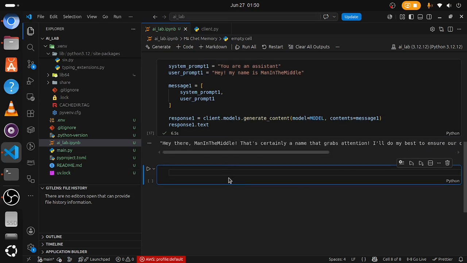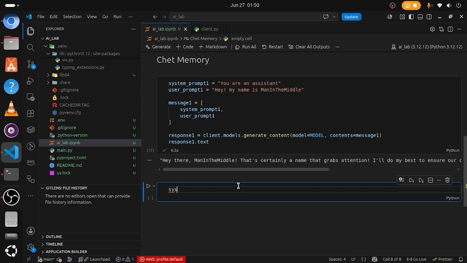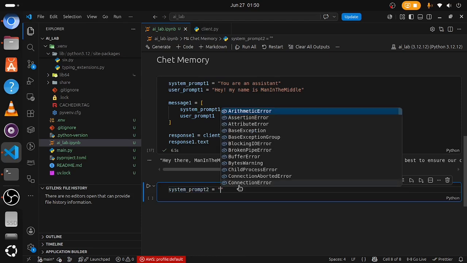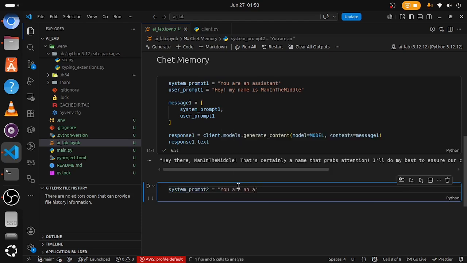Okay, let's now try to send the second one. Let's try to send in another system prompt now. For example, the system prompt 2, we are still going to say you are an assistant, and the user prompt 2 this time will be,